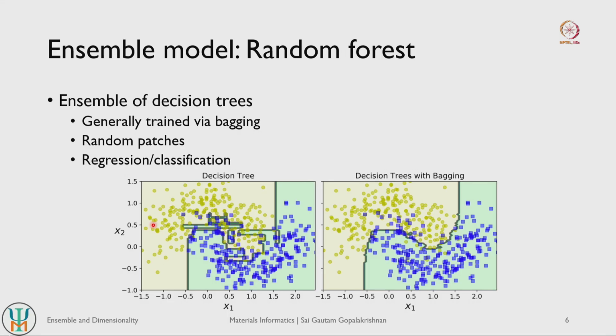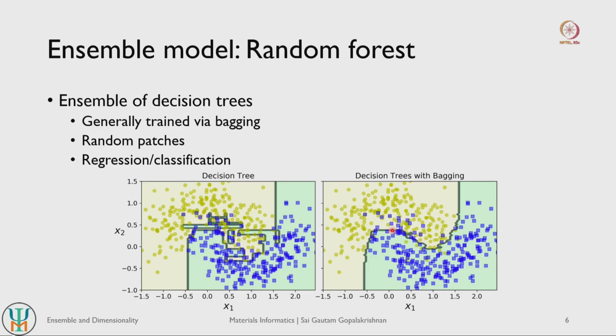So if you use a singular decision tree and you want a very good classification of these two collections of data, you see that you may have to result in a very complicated decision tree with a lot of depth and a lot of branches as well, right. But if you were to use random forest, which is basically decision trees with bagging, you can get a fairly smoother function of the decision thresholds and a simpler function as well, compared to the non-trivial perpendicular splits of data that we have here, right.